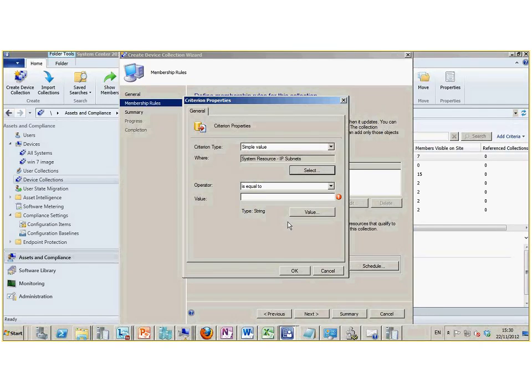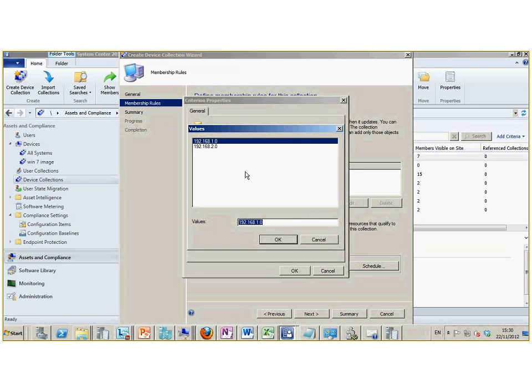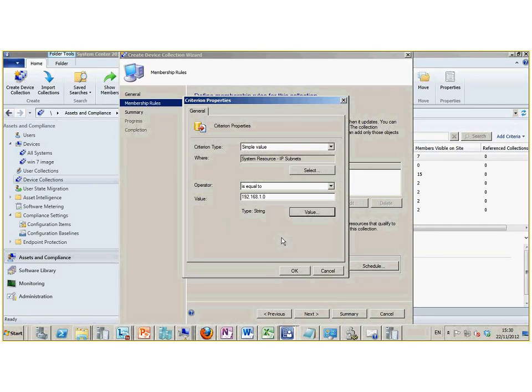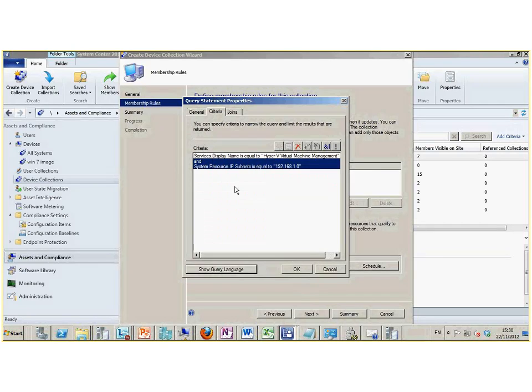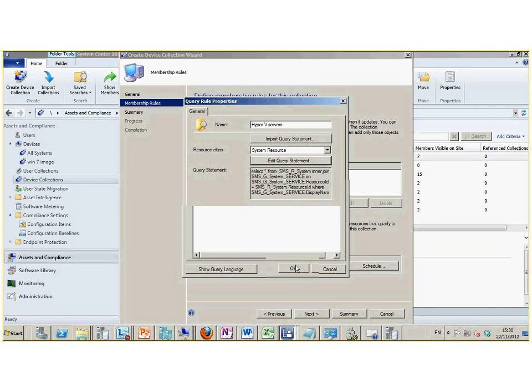Okay, and again you just have to go values because it'll find your IP subnets. You say okay. So now only find Hyper-V servers on the 192.168.1 subnet, and you say off you jolly well,